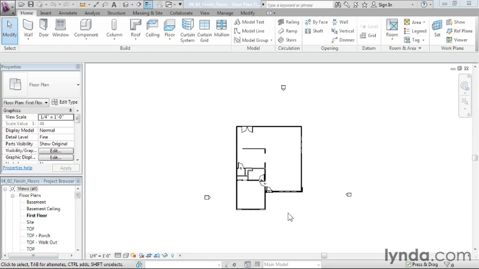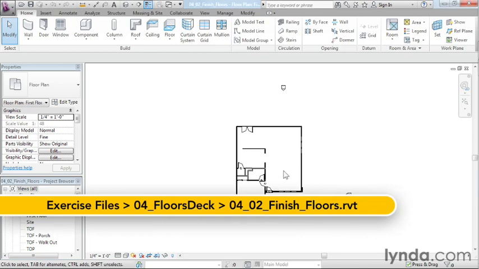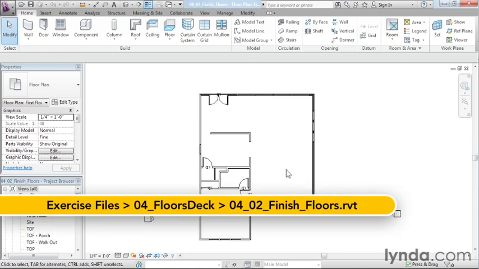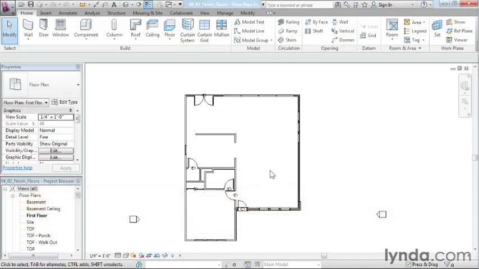Now that we have our structural floors in, we need to come in and start to draw in our finished flooring material. Now, our finished flooring material is going to be such information as the carpeting, the wood floors, any kind of tile, anything you might think of as a floor finish. In the case of our project, what we're going to have is carpeting in this area right here,